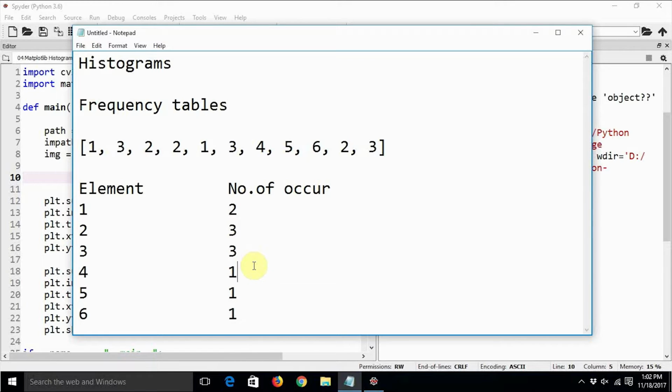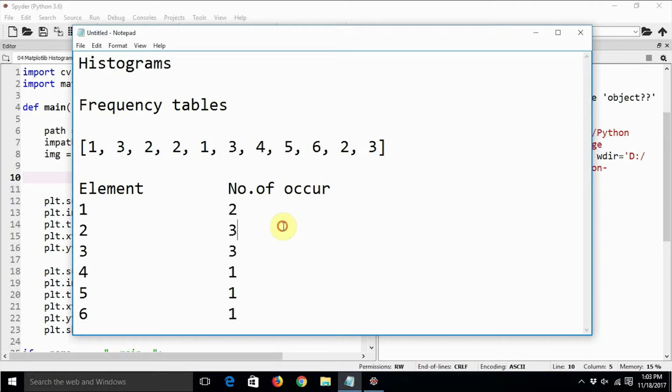If I put points against these two things on a graph, I can draw vertical lines from the points towards the x-axis, and we get a bar graph. That bar graph is nothing but the histogram. This way, histograms are nothing but visual representations of frequency tables. This sounds complicated, but once you start coding it, or do it yourself once or twice on paper manually, you will find it very easy.